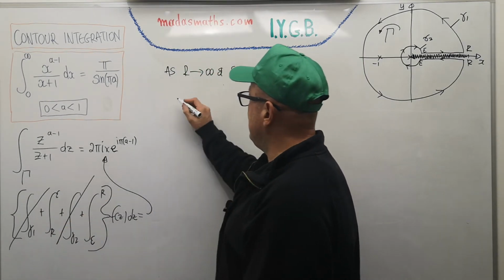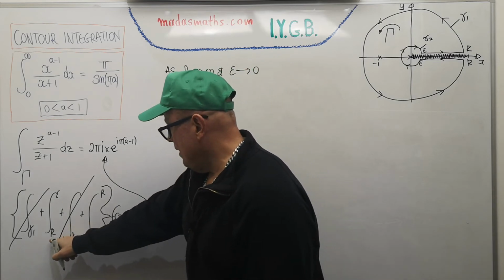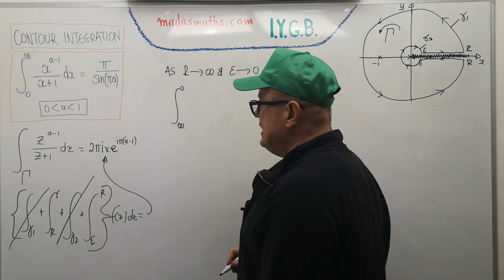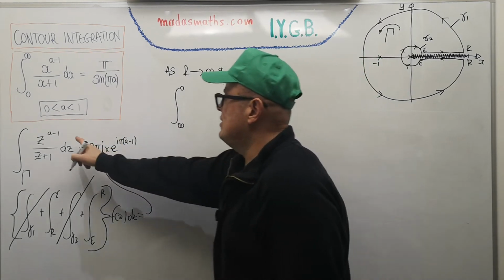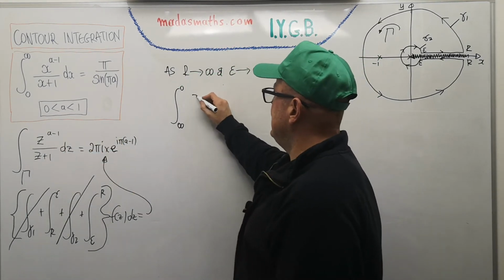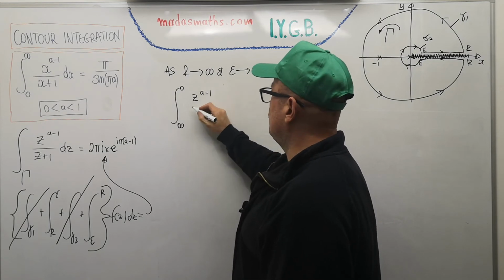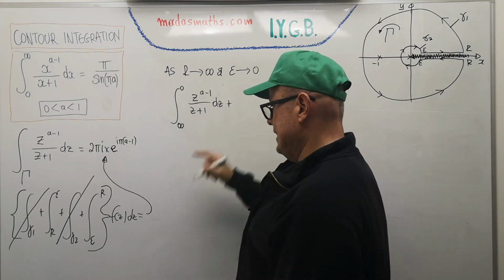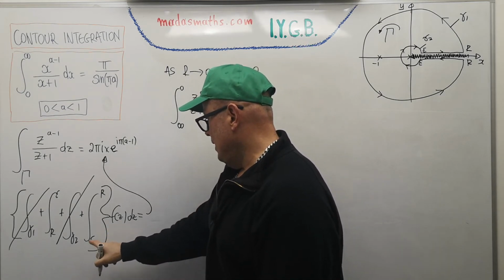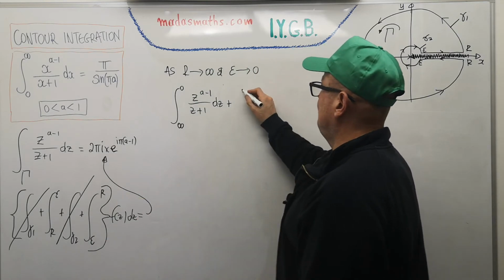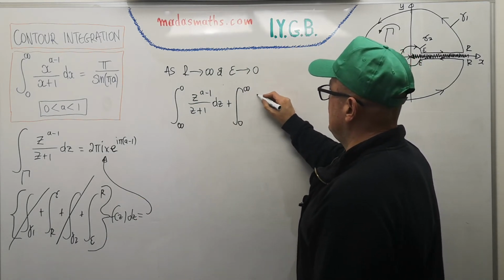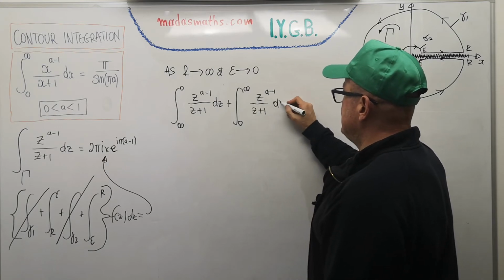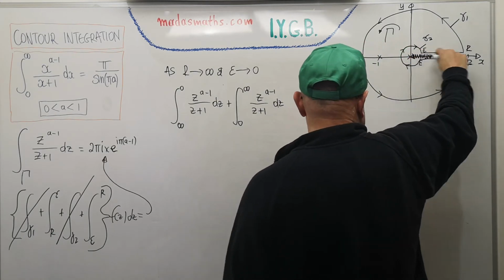We've got now the integral from infinity to 0 of my f of z, let's write the f of z in full form, which is z to the a minus 1 over z plus 1 dz, plus another one from 0 to infinity, z to the a minus 1 over z plus 1 dz, and these are these two here,